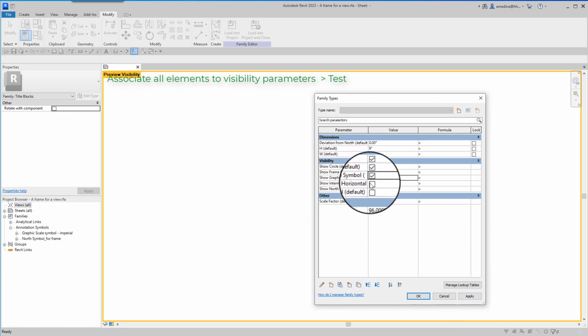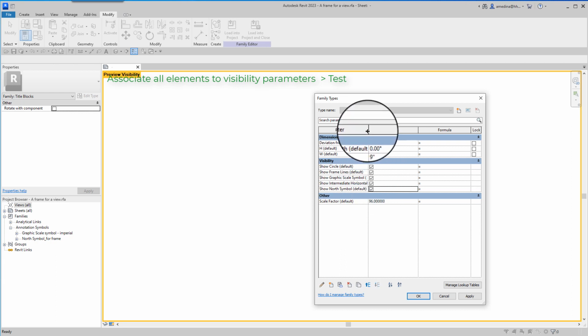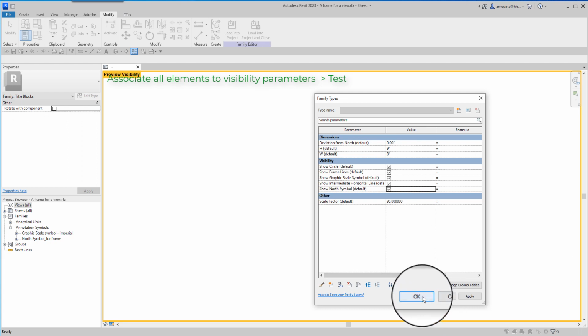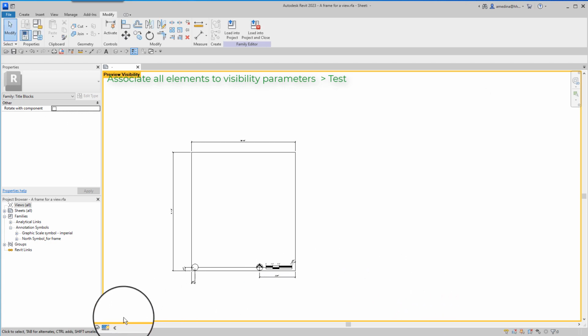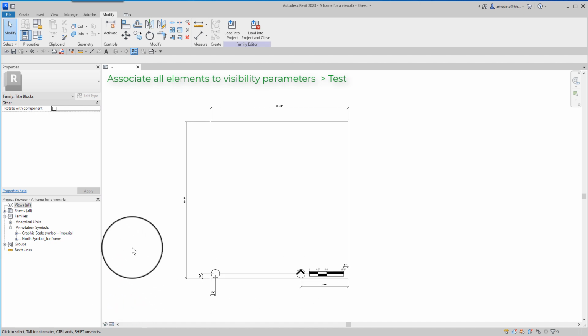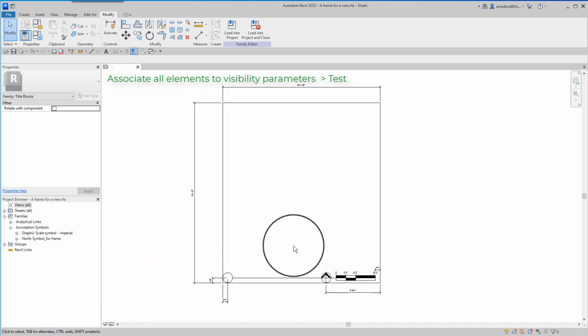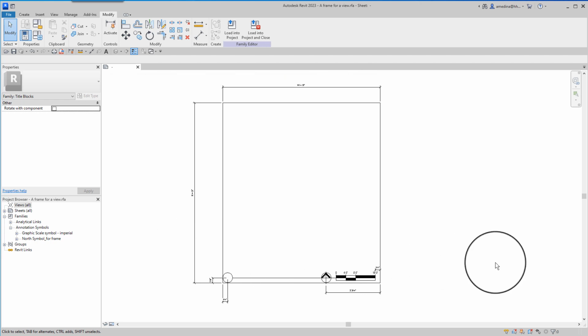So all of these visibility parameters are working. Let's click OK, and we can turn off the preview visibility. So I think this is all we need for item number 1, the frame family with the other components nested into the family.